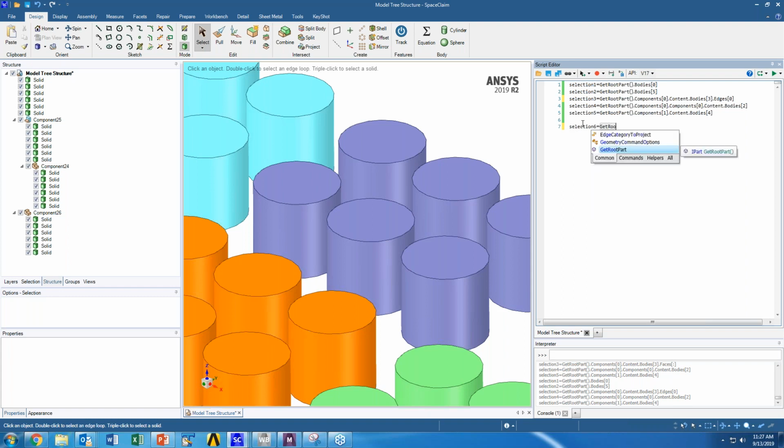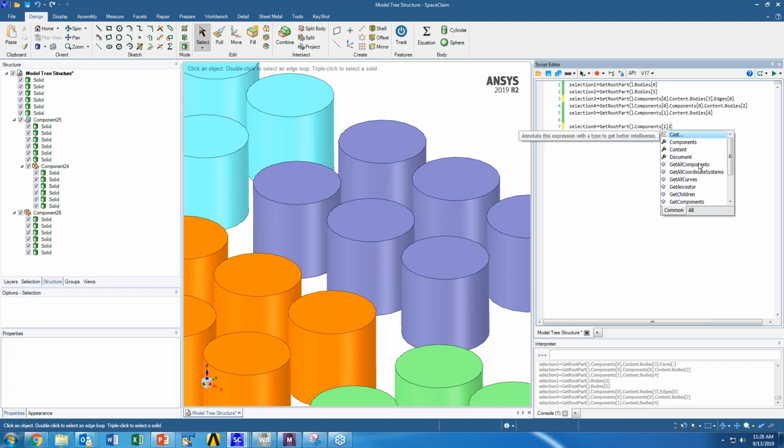command. So here I'm going to say get root part. It's going to finish it for me. Then I'll go dot. You can see I have a dot box that popped up under the get root part command. There's all these other ones that can be queried that you can pick from. And so here I'm just going to go components. Let's go 0. Let's go 1. You can see once again I'm still getting all these options. And so let's say rather than going deeper, I just want to get all components under component 1, which there are none. So that would not be a great choice. So we're going to change this to 0, and then we're going to say get all components.